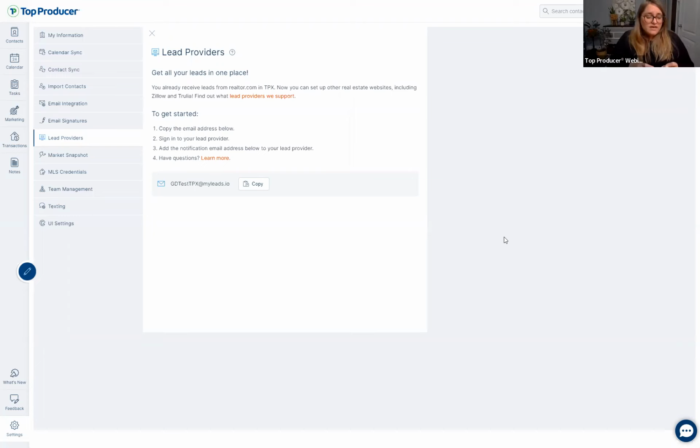So if you've signed up for Zillow or realestate.com or iHomeFinder, we have a whole list of them, different platforms. If you go to Google and put in lead providers, those would be different platforms that you can use. That's the only time you use this email address, is on their website. So when you get that new lead come in, it would just add to your contacts right away. That's the only time. Yeah, absolutely. And there is no IMAP information or even settings for this email for you to set it up somewhere.